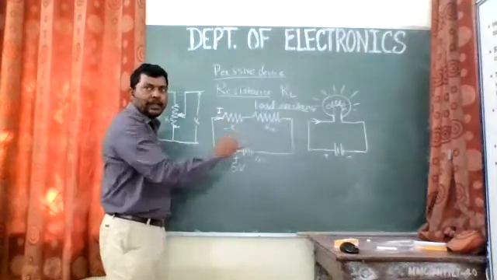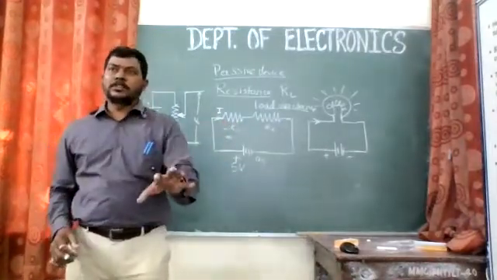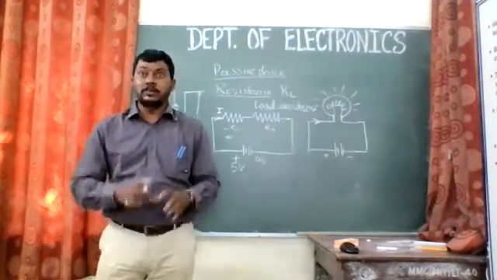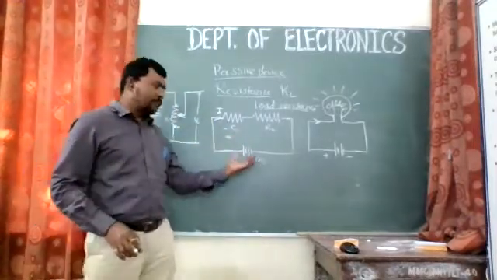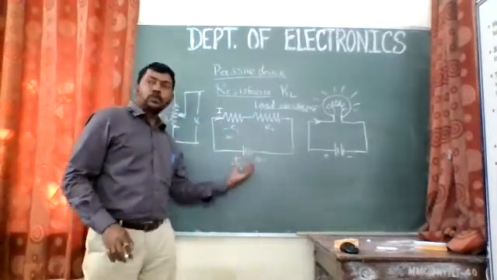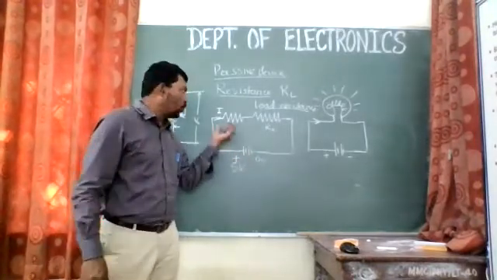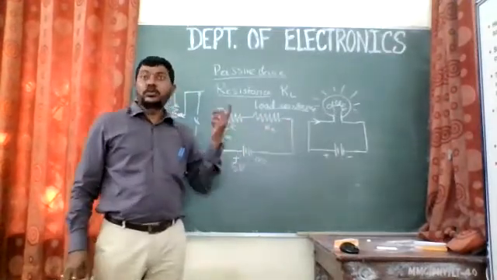I guess we are having some practicals on this also. So you'll be having hands-on experience on that, how the voltage is being measured across and current is measured in series. Right? So we will be doing that. What is happening over here is, we are supposed to divide this 5 volts, this particular voltage, into two parts, across this R1, across this R2. So it's going to be divided.